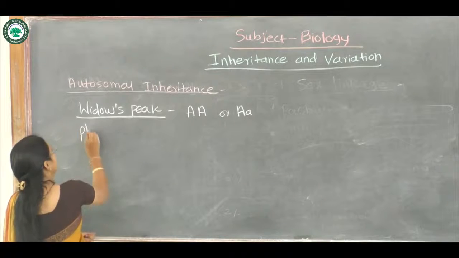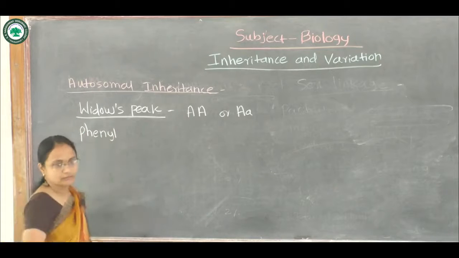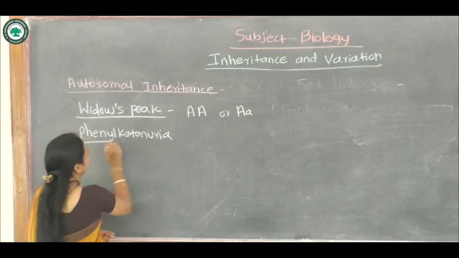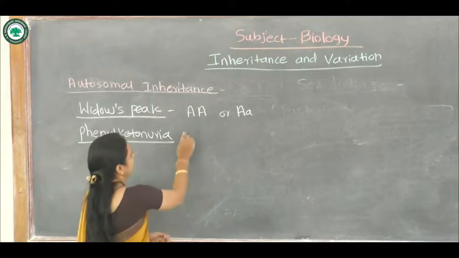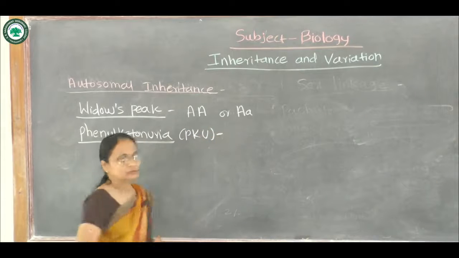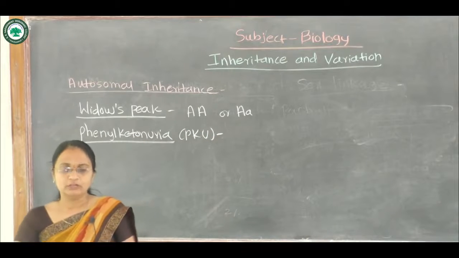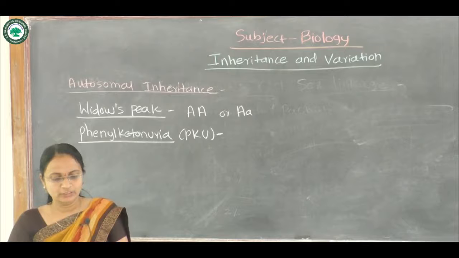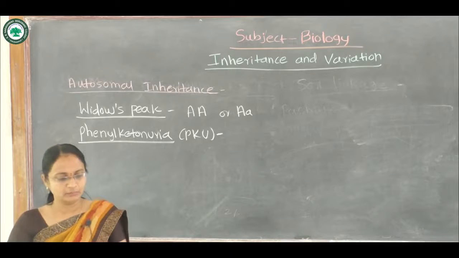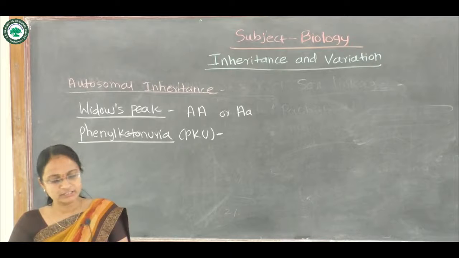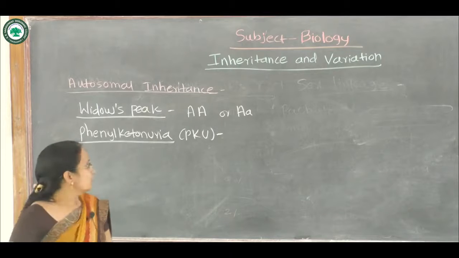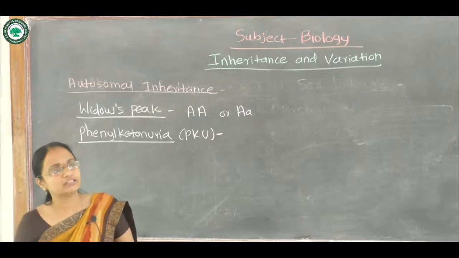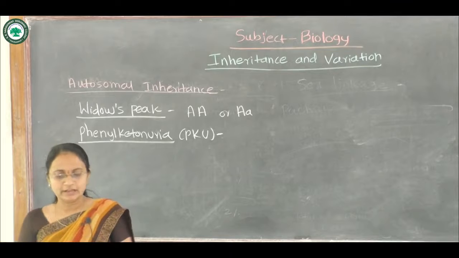Then the next autosomal disorder is phenylketonuria. It is caused, again, by recessive autosomal genes. When these genes are present in homozygous condition, at that time the phenylalanine hydroxylase enzyme is not produced. Suppose the genes are recessive, then the phenylalanine hydroxylase enzyme is unable to be produced,